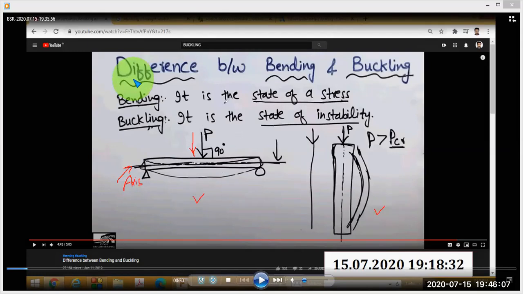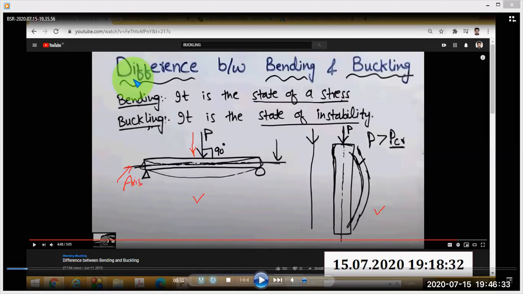Bending is simply the state of stress. In the second figure you can see this is actually a column. A load P is applied parallel to the axis. So in bending, this load is perpendicular to the axis, and in buckling, this load is parallel to the axis of the column.